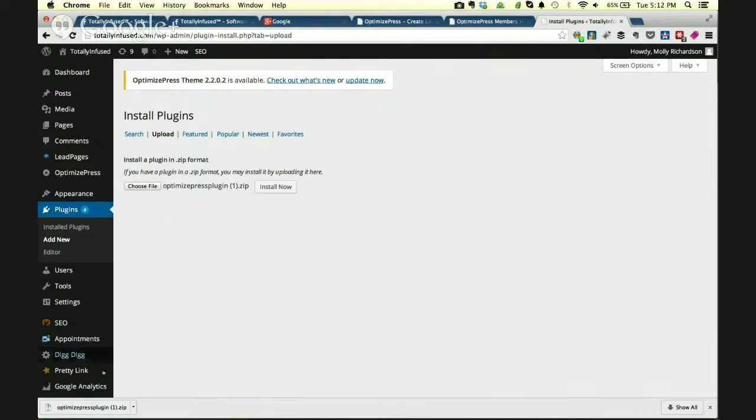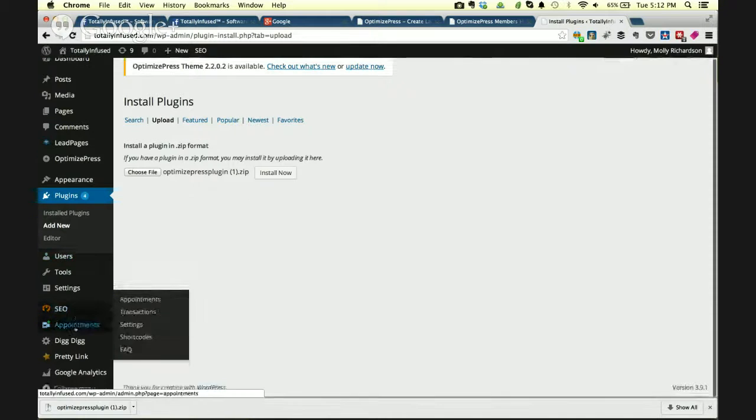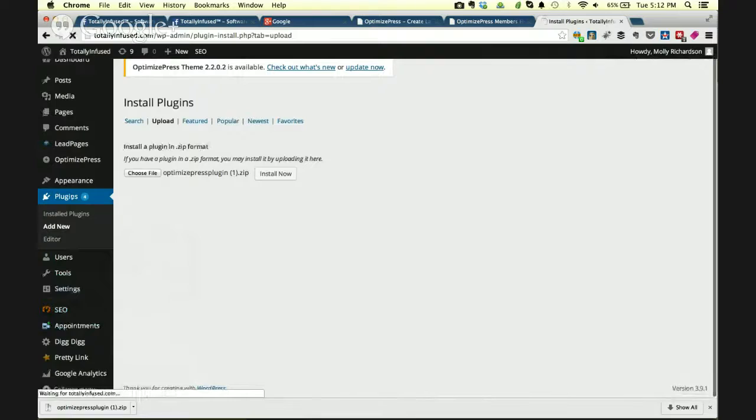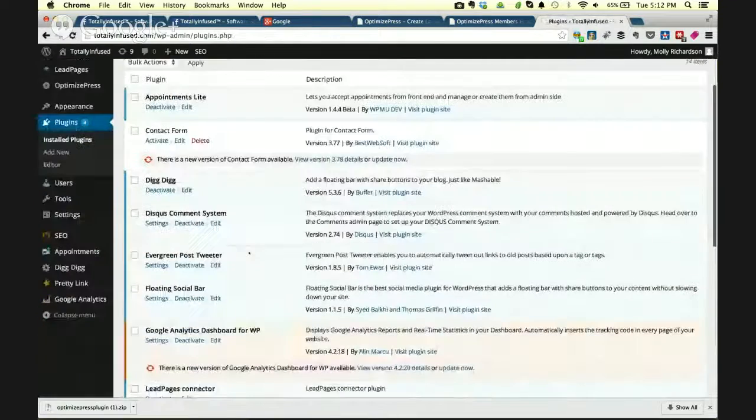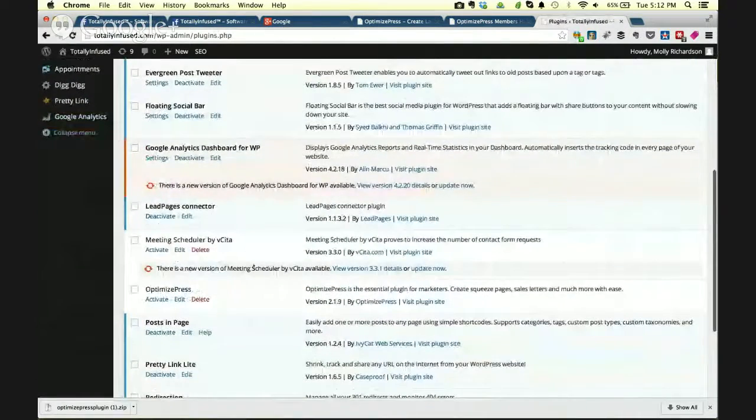Just drag and drop to the upload, and then you just hit install now. Mine already has the theme installed, so I'm not going to actually run it, but it would show you completed, and then you want to activate the plugin. And so it will show up on your plugin page, which I don't have the plugin installed because I'm using,